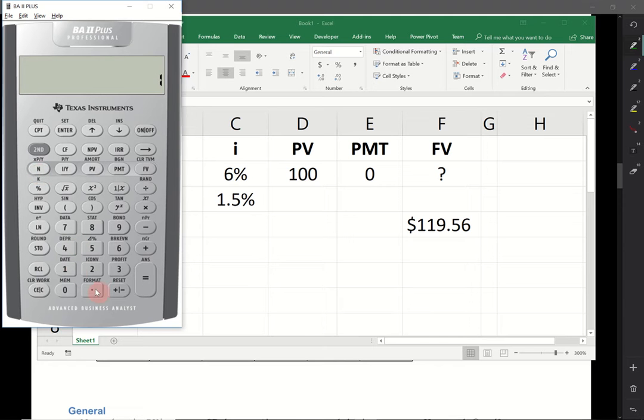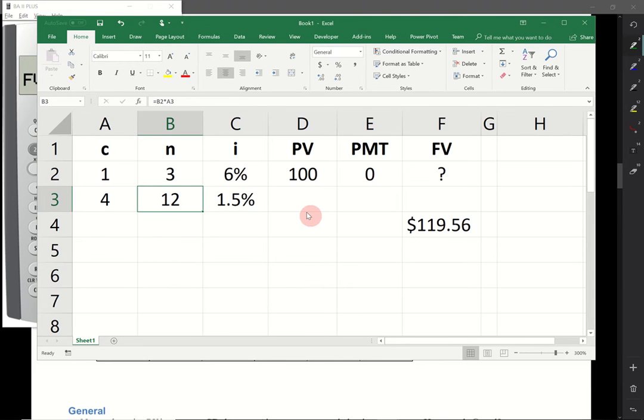We want the 1.5%, so we put that in the decimal format. Our present value is 100. And because I want to see plus, I'll just put that in as positive, and then we want to compute the future value, and so we're getting the 119.56. So if you have 2 ways, sometimes it helps to check that, right? And then for